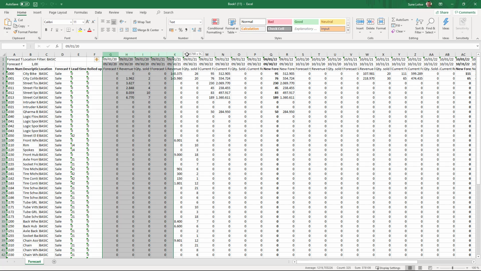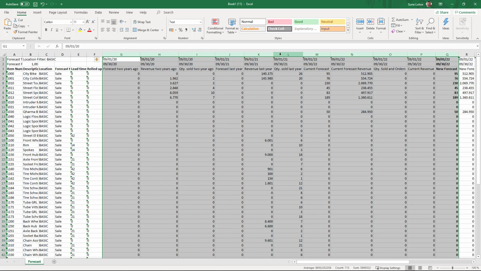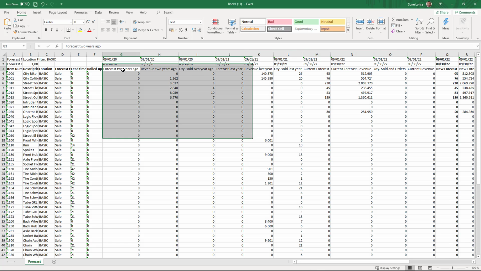All the columns in here until the bolded column will reflect 1 period. So if you look at those, you have the forecast 2 years ago, revenue 2 years ago, quantity sold last year, etc. So this is all for being more accurate when you're doing the new forecast. When you import it again, it will automatically apply the columns called new forecast. So from a technical perspective, it doesn't matter. It's only a matter of overview and performance.